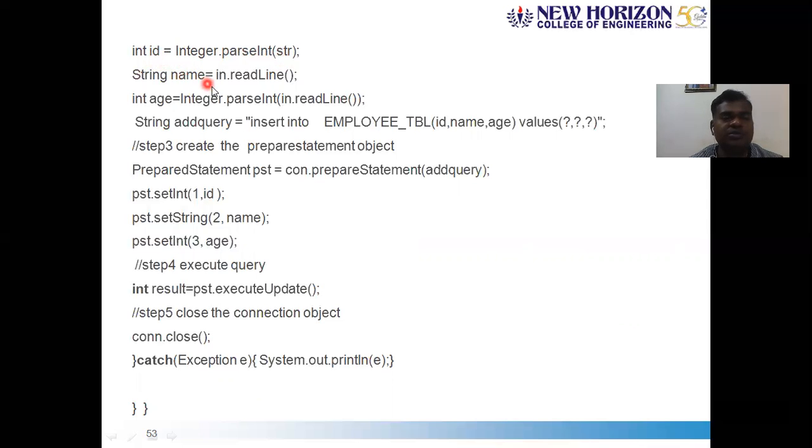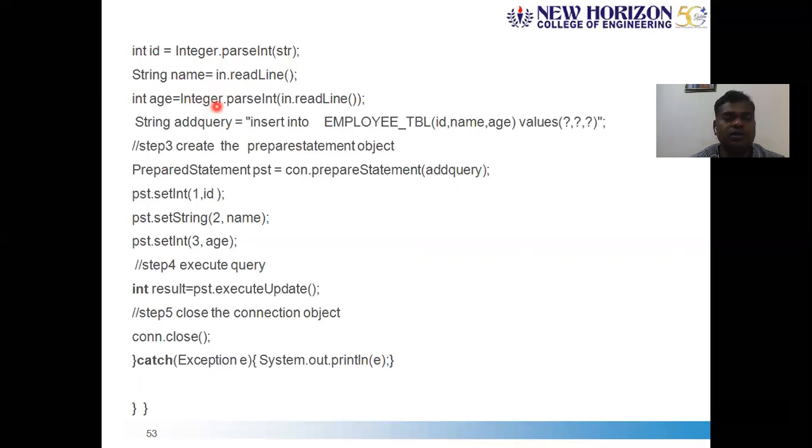Next, String name is equal to in.readLine. So read the second value that is the name. So as always remember, when the data is entered from the console, it will be in the form of a string that you need to typecast as per your need. In this example, by default the type of value entered by the user is a string only, so you need not typecast.